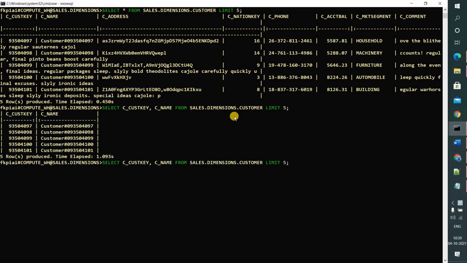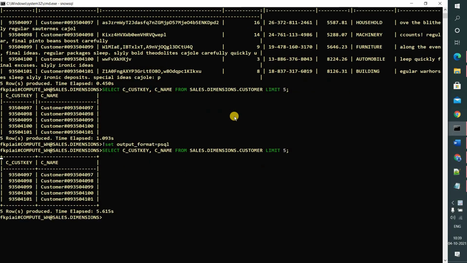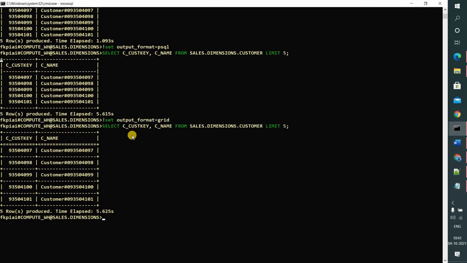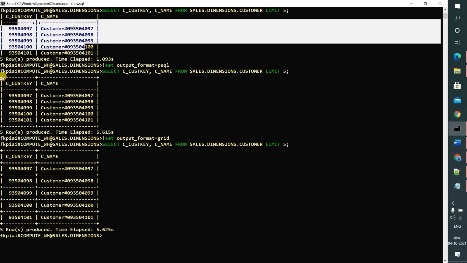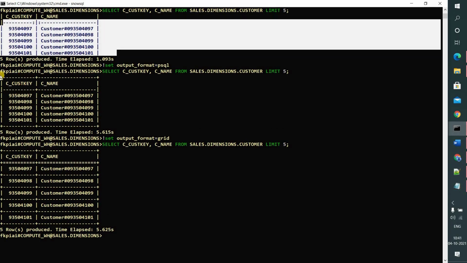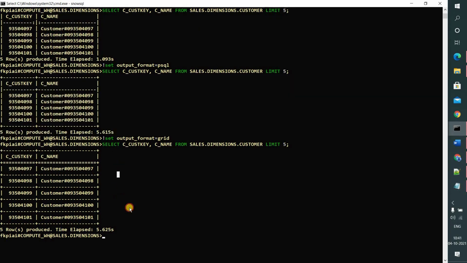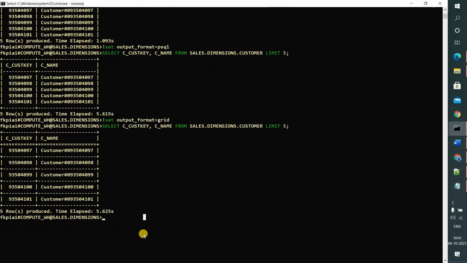See how it is displayed. And now let's set, in place of pipe, PSQL. See here, there is one more line on the top. Let's use the grid format. Yeah, you can observe the differences with the output formats. This is pipe format, this is PSQL format, and this is grid format. Okay, let's see what more options we have.